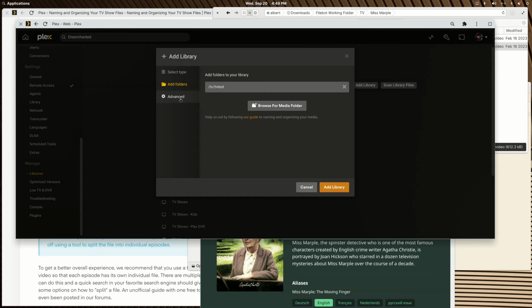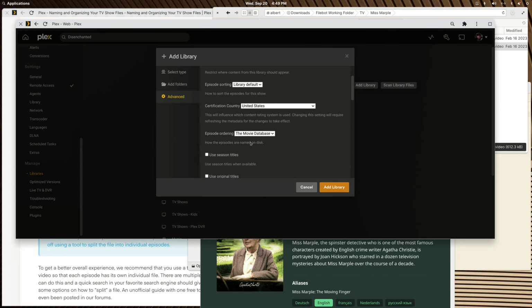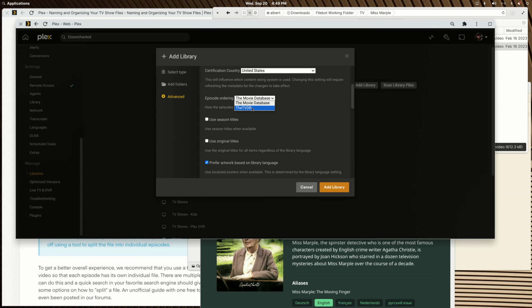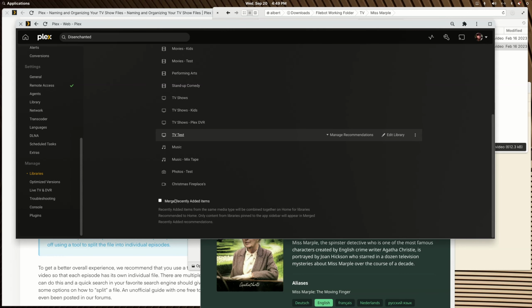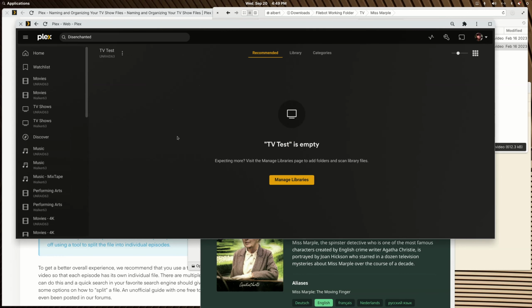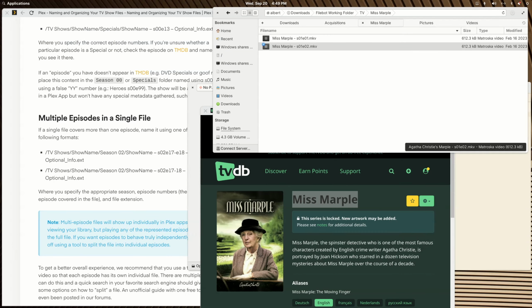But before I add the library, I'll click into the advanced, and I'll change this to the TVDB, and I'll click Add Library. So now we have a library to refer to right here once I add something. So we'll hold this off screen